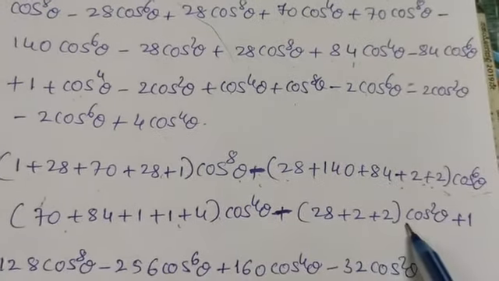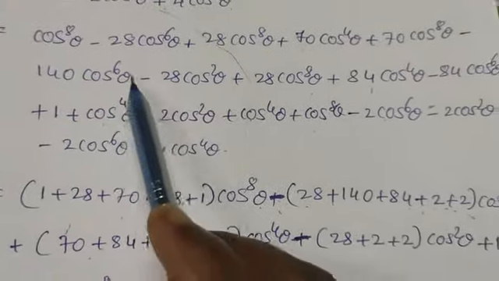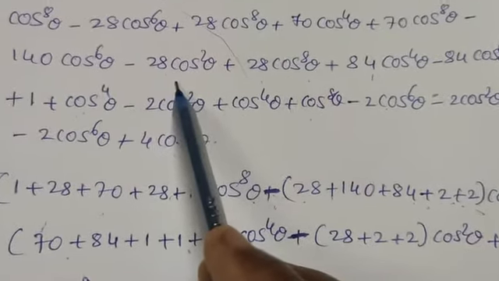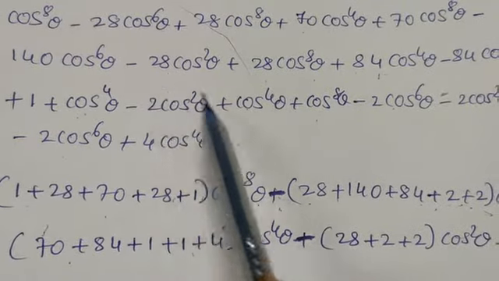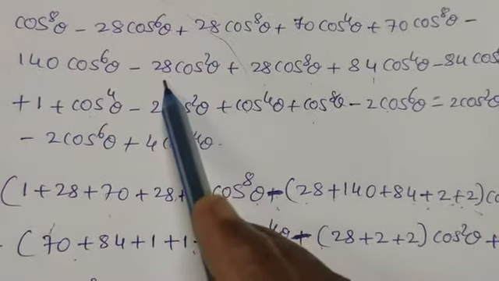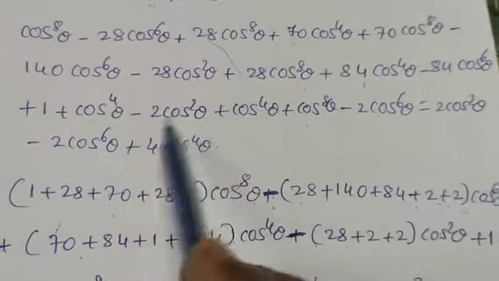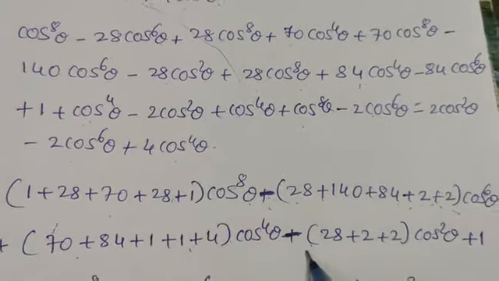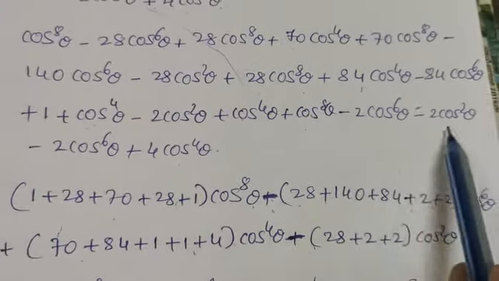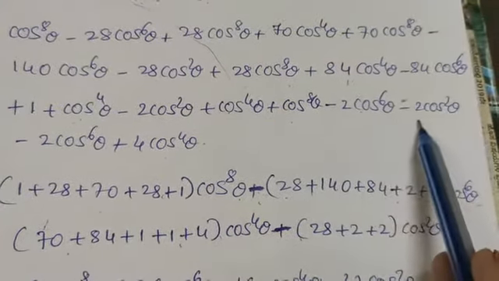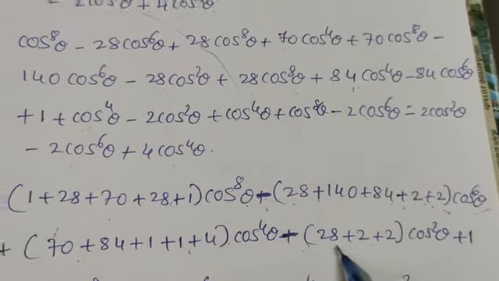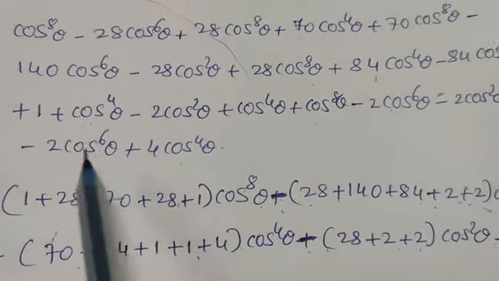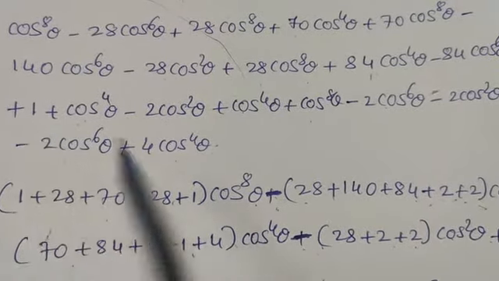And lastly cos square theta. Let us find the terms containing cos square theta. Here we don't have any. Here we have cos raised to 4, cos square theta. Its coefficient is minus 28. We have taken the minus sign common, so it is only plus 28. Here again we can find one more cos square theta. Its coefficient is minus 2. We have taken the minus sign common, it is plus 2. And one more term which contains cos square theta is also minus 2. So we have taken the minus sign common, again it is plus 2 cos square theta. And only one term remains, that is constant plus 1.